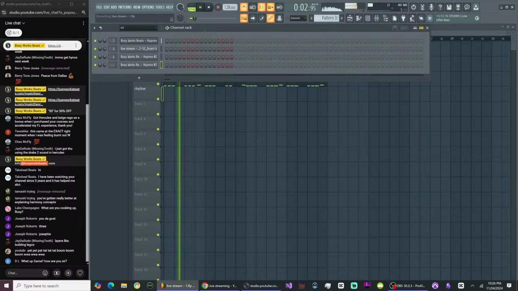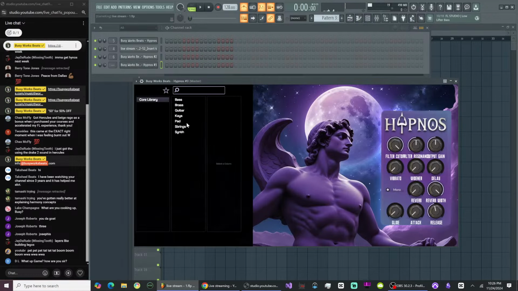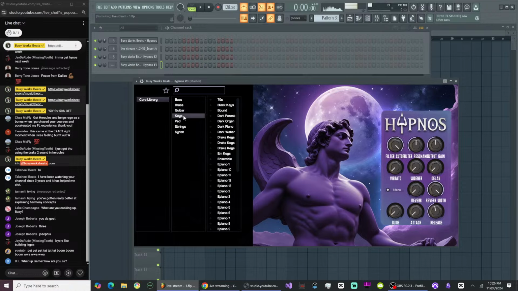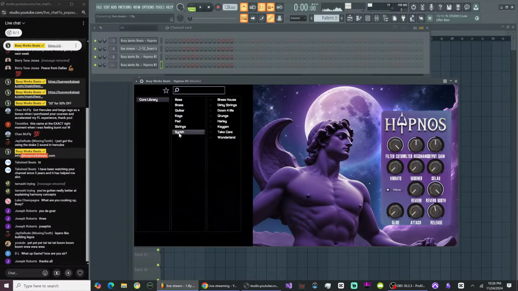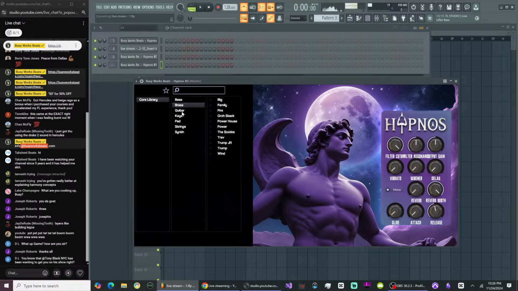Let's get this Travis Scott vibe. So now we need a top line of some sort. This plugin has a wide range of sounds. Mainly, you guys told me to focus on keys and strings, so that's where I focused in on the sound selection. Brass is also my favorite though, and bass. So really those are my favorite categories. Even the pads are super fire on this one.